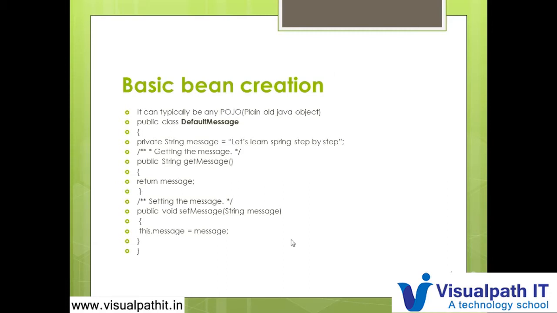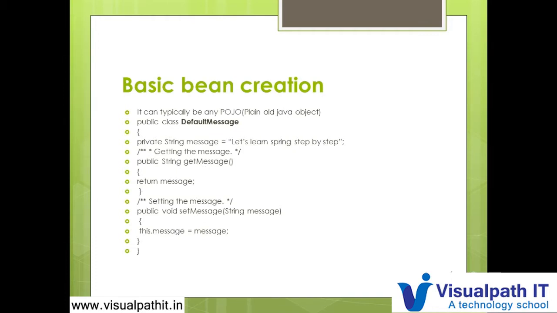So let's consider this example. Here we have public class DefaultMessage as our class name. What's the message that I want to display here? "Let's learn Spring step by step" is the message I want to display. As I already told, it is a plain old Java object, so there will definitely be setters and getters.